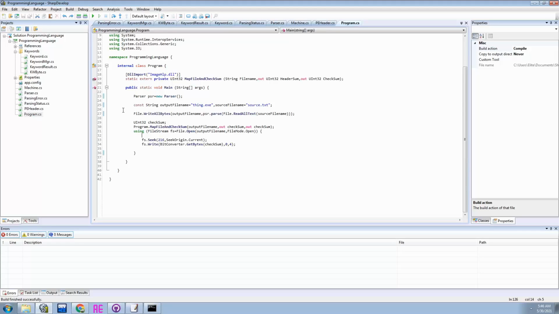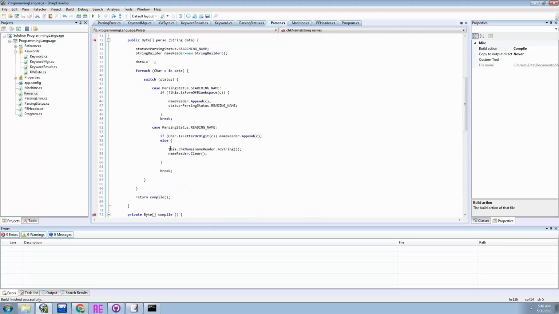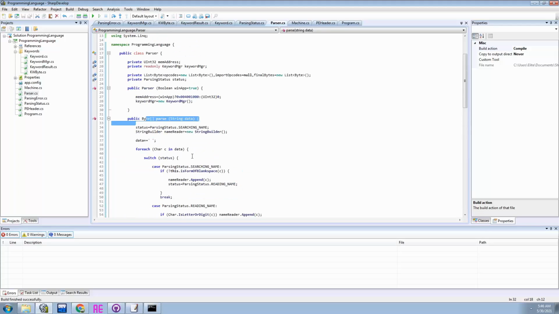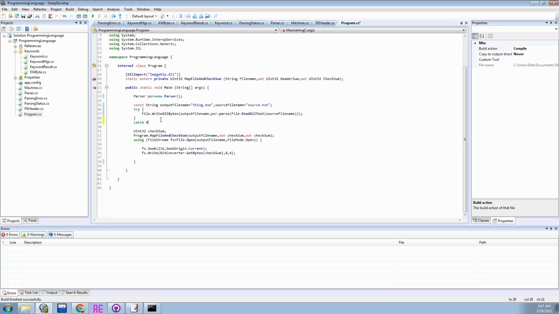The only place that this can ever be thrown right now, as you can see, the only place we call it is from here, which is parse, and the only place we ever call parse from is right here. So that means the only place we need to handle it is right here. So we'll go ahead and throw it in a try block, and we'll say catch parsing error EX,